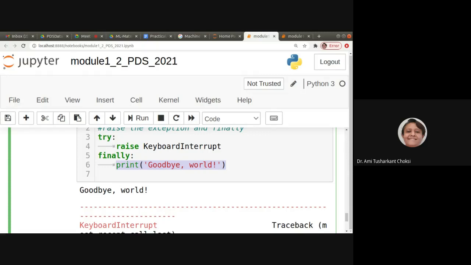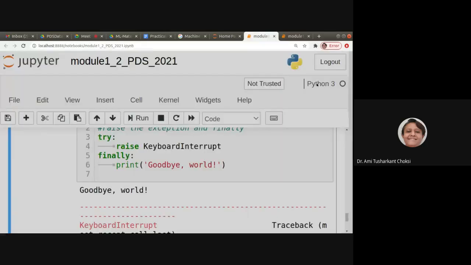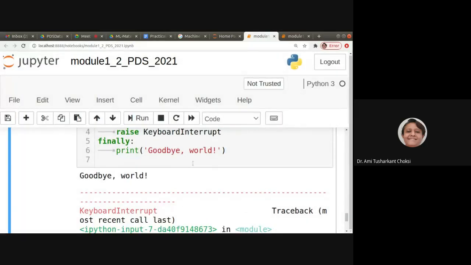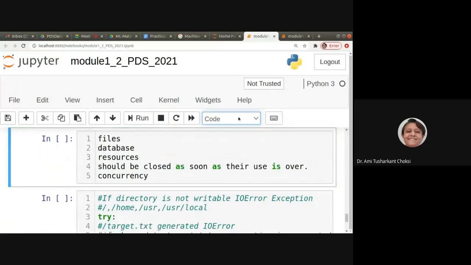That file will remain open, so others will not be able to use that particular file. So what we do is, irrespective of whether the exception has occurred or not, we will close that file inside this finally. Okay, so the file will be closed and that will be available to other processes for reading or writing or whatsoever, and we will be able to have concurrency of that particular file use, right?